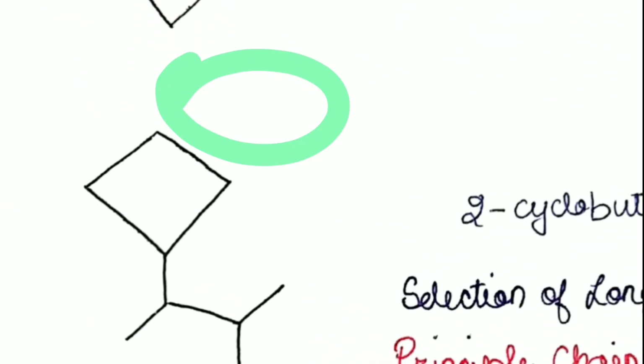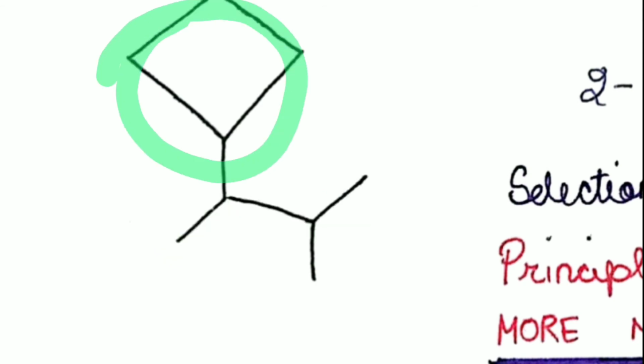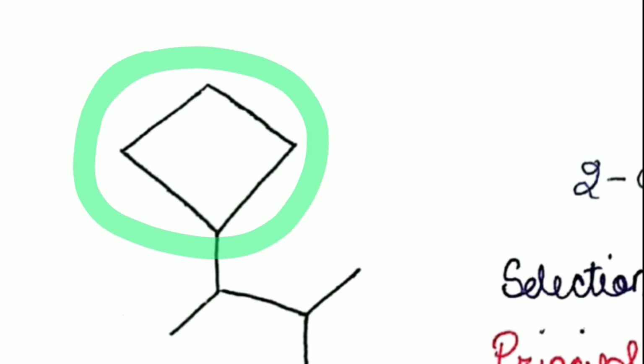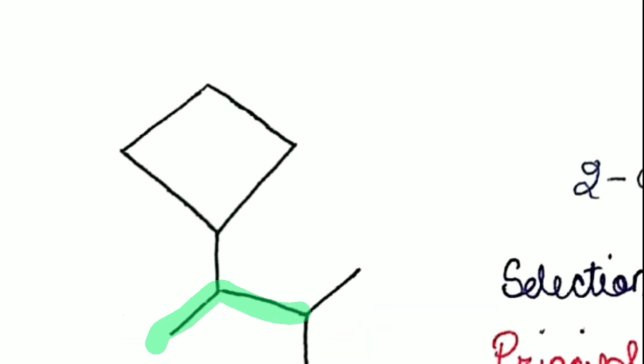Now what about this compound, guys? Now we have a 4 carbon straight chain and a 4 carbon ring as well. And there's also a methyl group attached to this 4 carbon straight chain. So if this cyclobutane part was the principal carbon chain, we're getting only one substituent, guys. Whereas if the normal straight chain butane was our main principal carbon chain, we're getting the cyclobutyl group as well as the methyl group as our